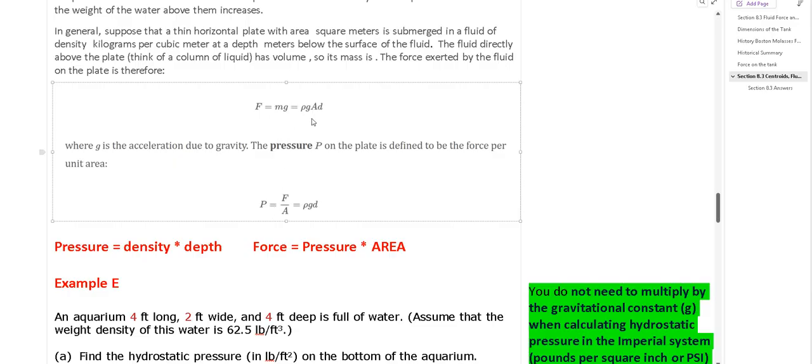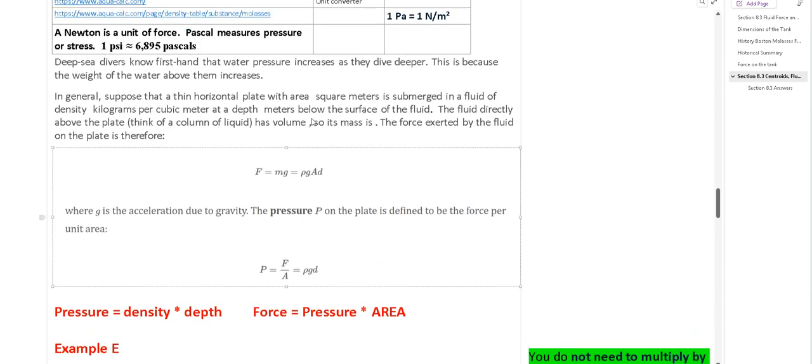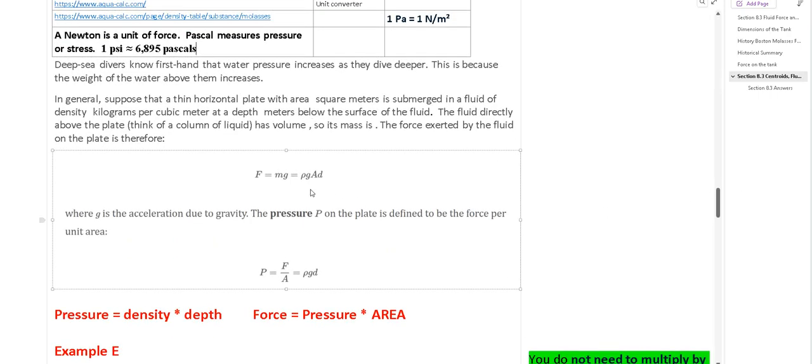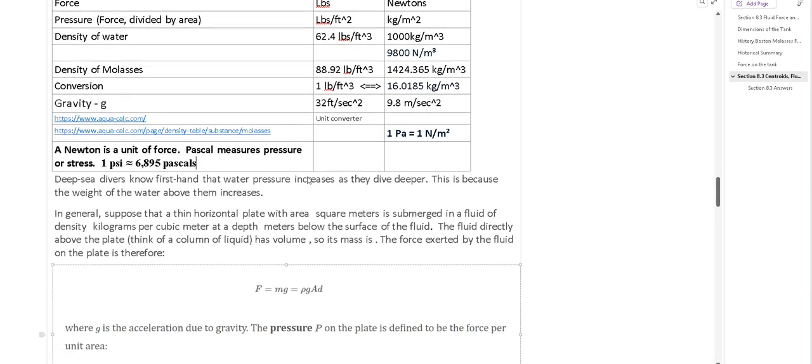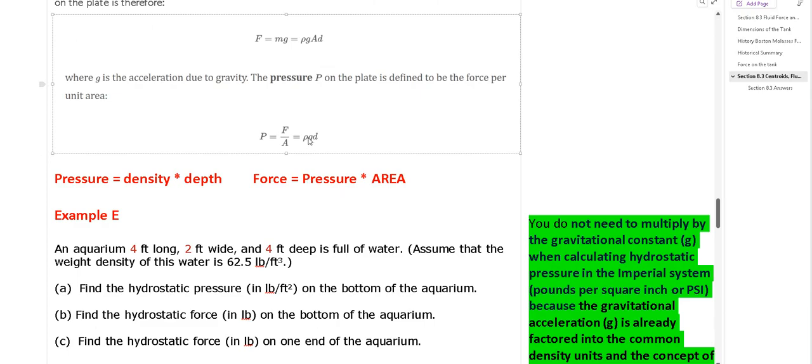Now that force for us, how much force an object feels when it's down at depth, is the density times the coefficient for gravity times the area times the depth. So several things kind of rolled up into one. There is one little bit of a quirk when doing this calculation in the English units. And that quirk is that one of our constants, our gravitational constant, is actually kind of built into the density here. So we're not going to have to explicitly multiply by 32 feet per second squared, like we're going to have to do down here with